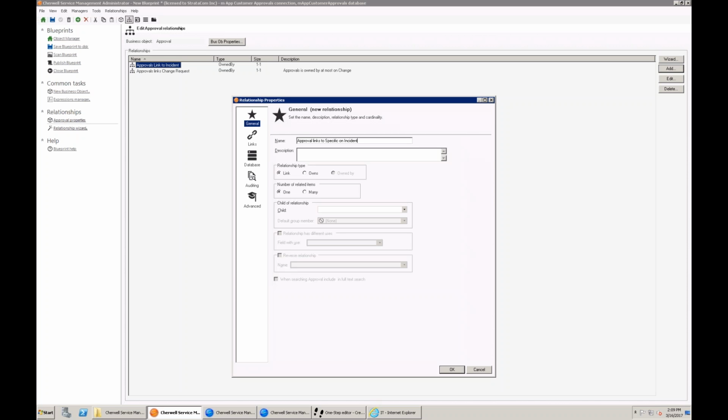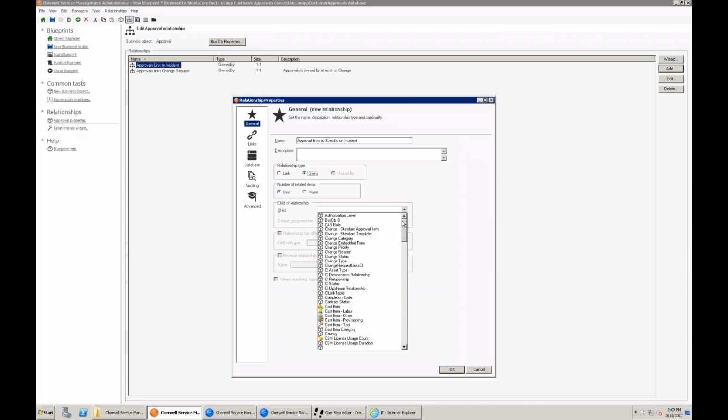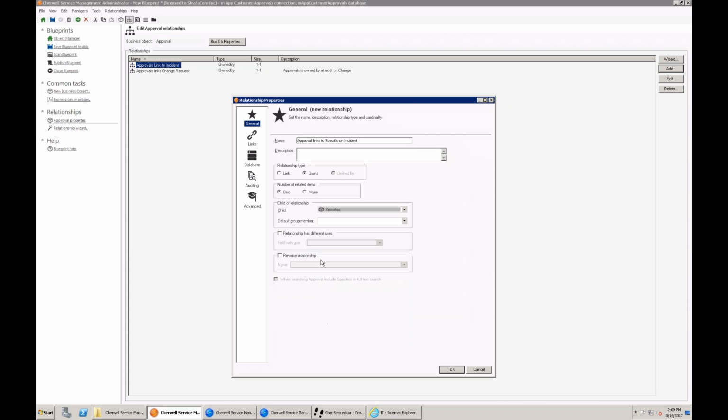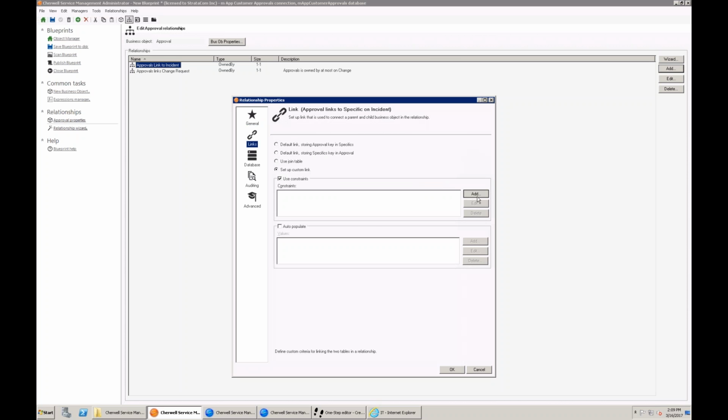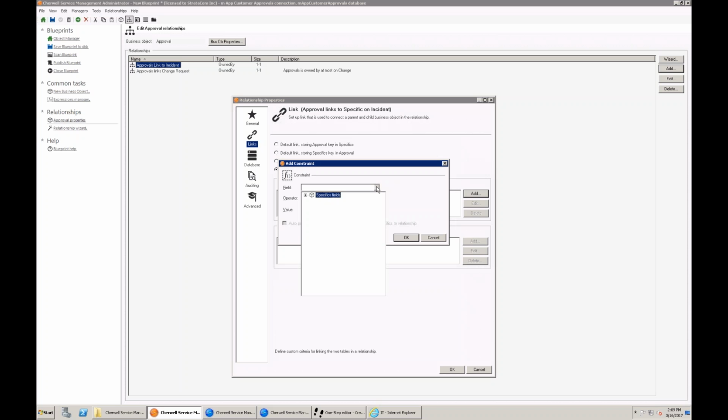And you'll notice I was very clear. I said it's linking to the specific on the incident. So it's like a step parent almost, and it's a one-to-one. So we're going to come down here, and the target of the relationship is still specifics. And here in the link section, we're going to set up a custom link. And when we do that, in the specifics record, we know who the parent ID is. So we're going to go and pick